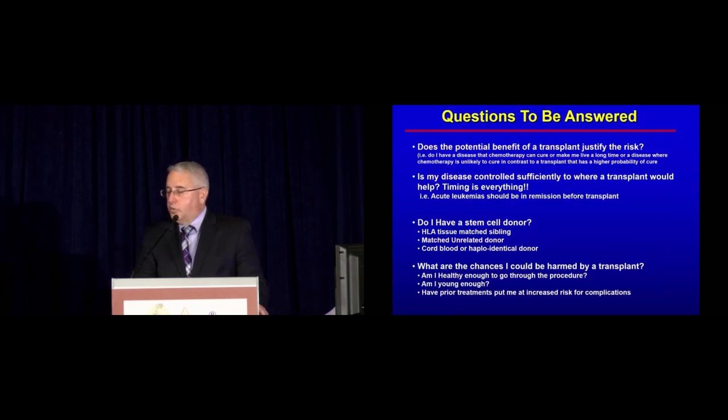So I just want to conclude by saying that if you're being considered for a transplant, there are some very important questions that you need to ask. And the first is, does the potential benefit of a transplant justify the risk? Specifically, do you have a disease that chemotherapy can cure, or make you live a long time, where the risks of doing a transplant are not justified relative to the treatments that are available to